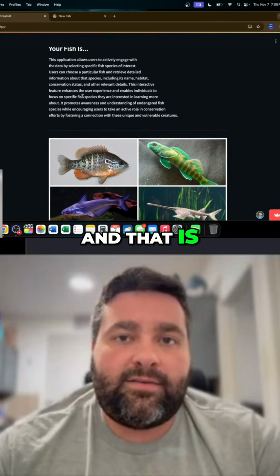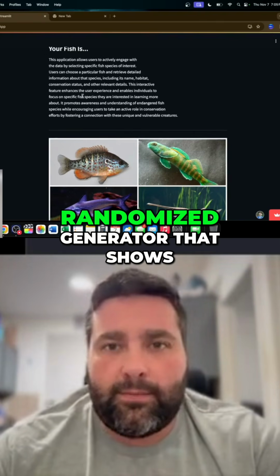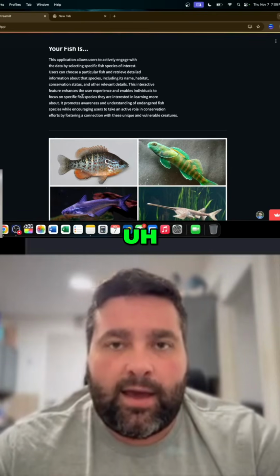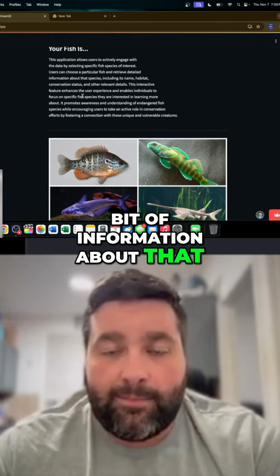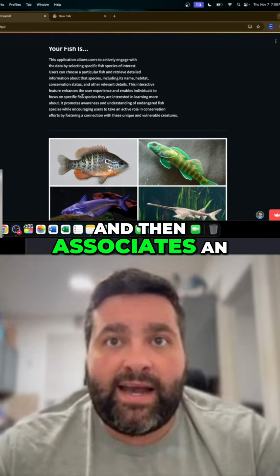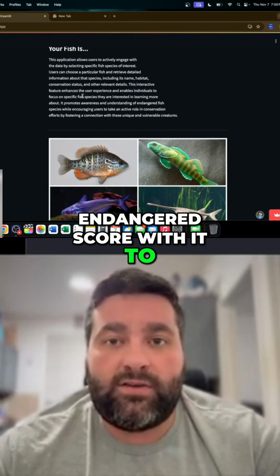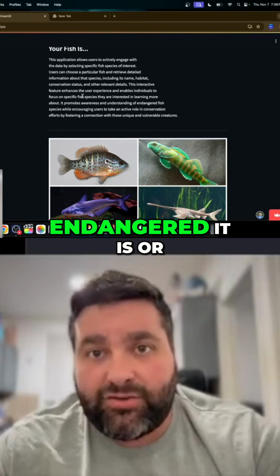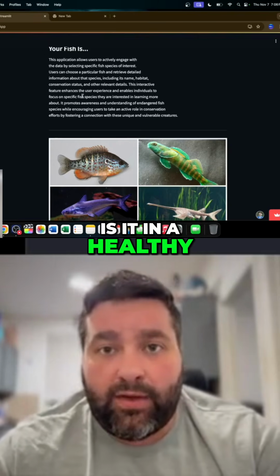And that is pretty much just a randomizer generator that shows you a different fish, gives you a little bit of information about that, and then associates an endangered score with it so you could know how endangered it is, or is it in a healthy